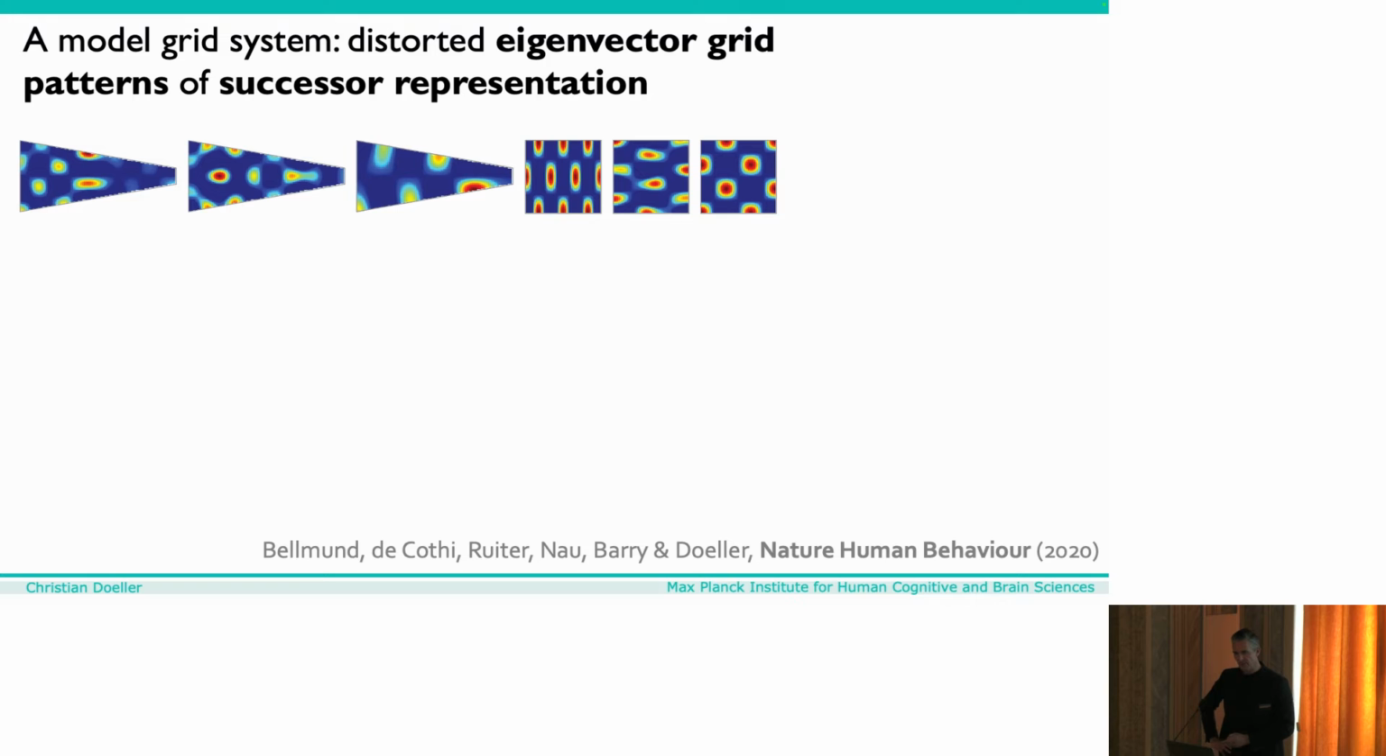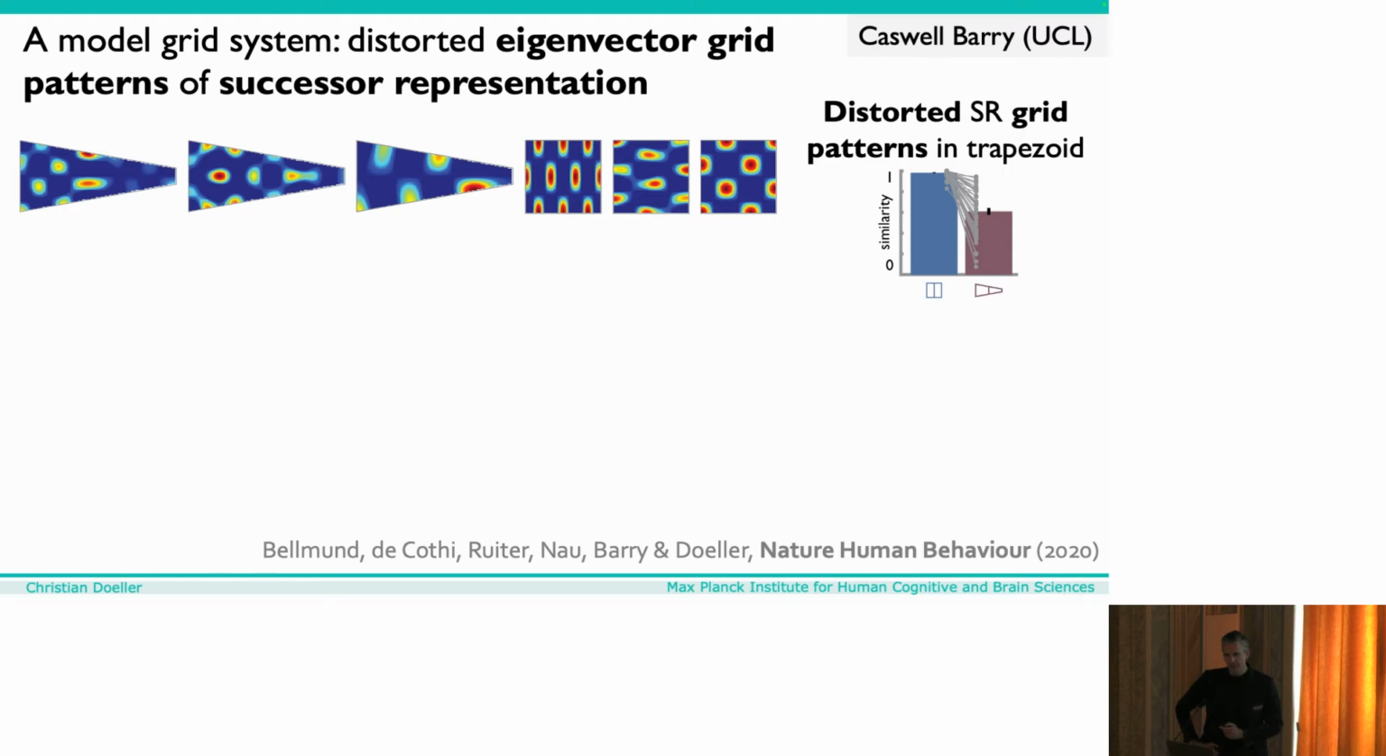So what we did is we modeled a population of grid cells using the successor representation, and this was worked in collaboration with Caswell Berry and his postdoc Will Decotti, who did all the modeling for us. So they model a population of grid cells and let basically a virtual rat navigate a square and a trapezoid environment and use the predicted grid cell population activity, and they replicate with their model the findings from the Kupich